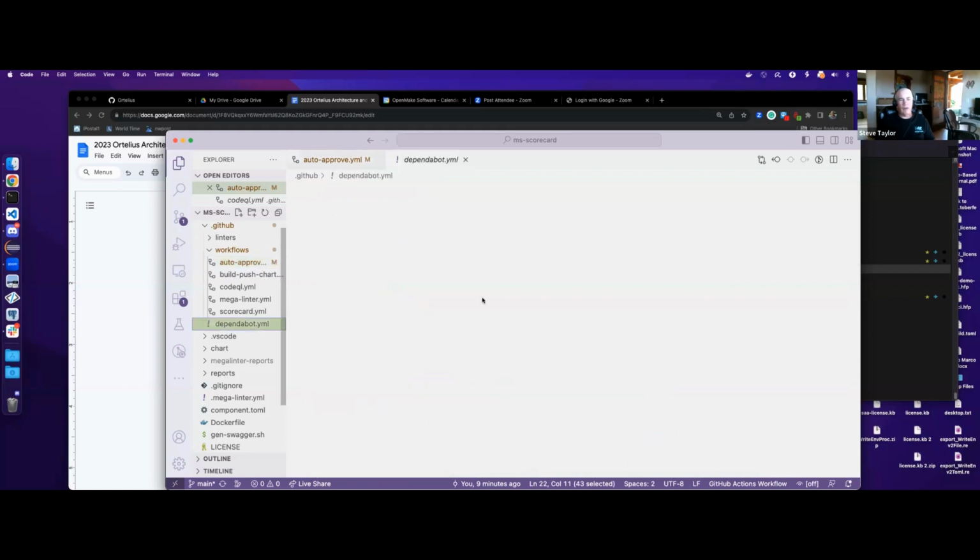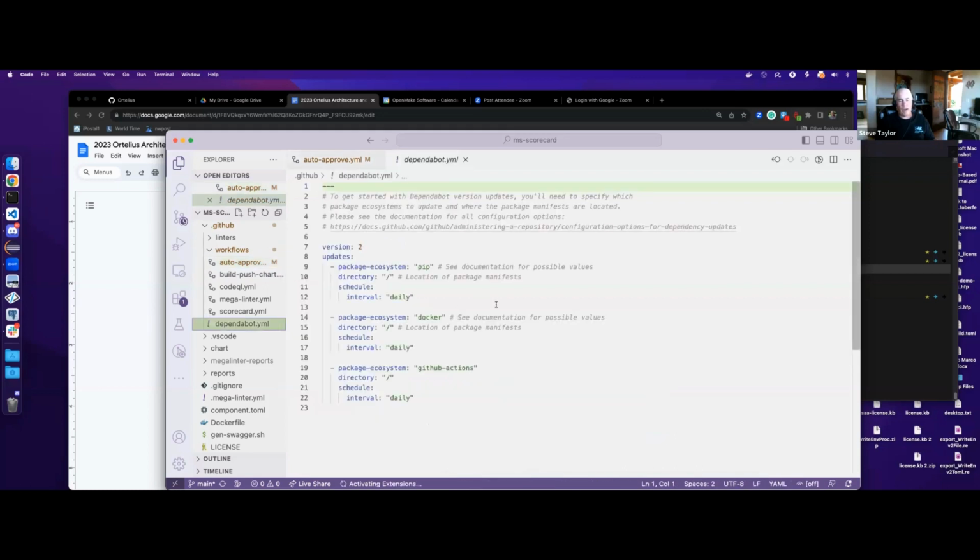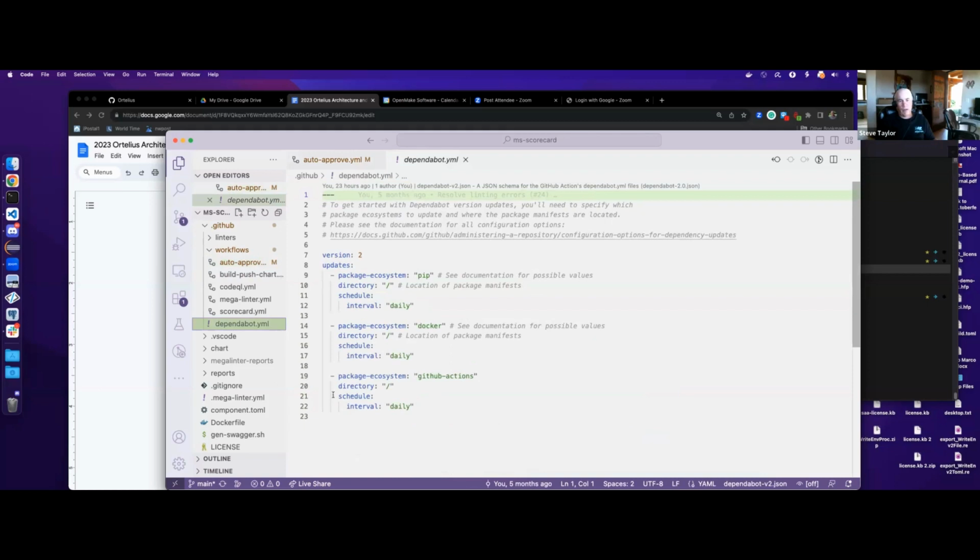One of the other things I noticed that we need to roll out as well was on Dependabot. We are typically using pip for Python, and I think it's going to be Go as the ecosystem for the Golang stuff, and Docker. We missed having GitHub Actions, so for our GitHub Actions we're never getting the Dependabot updates. That was one of the things I will need to add across all the repos to make sure we're good on that front.